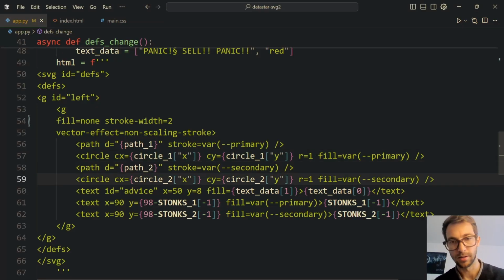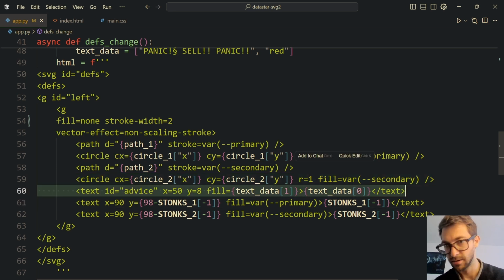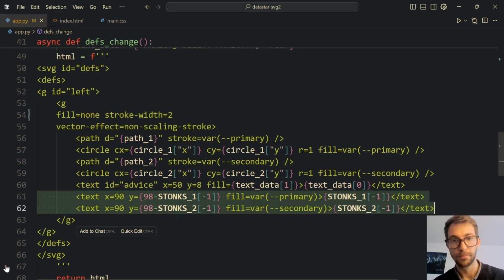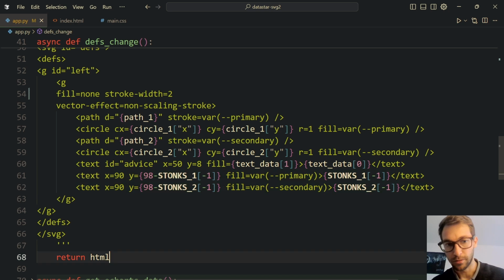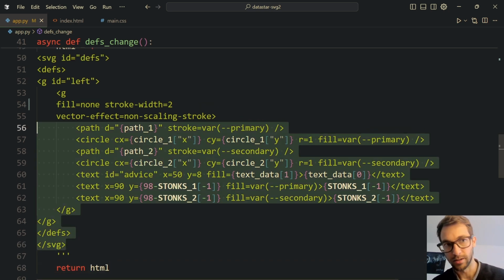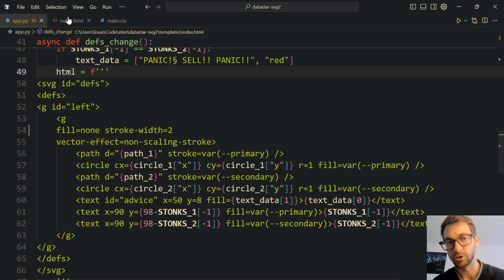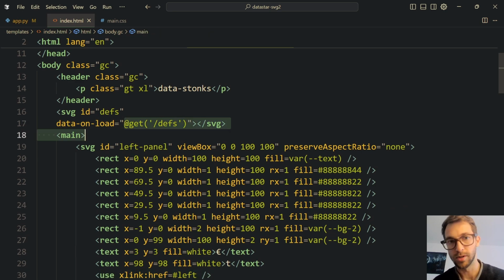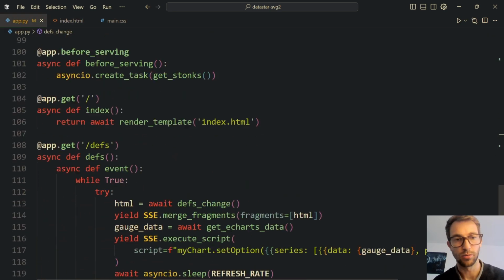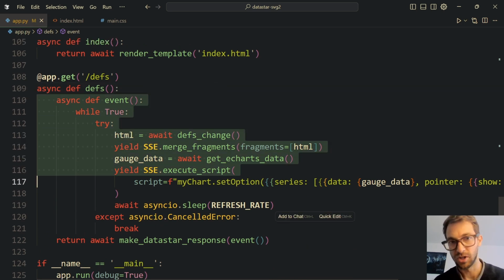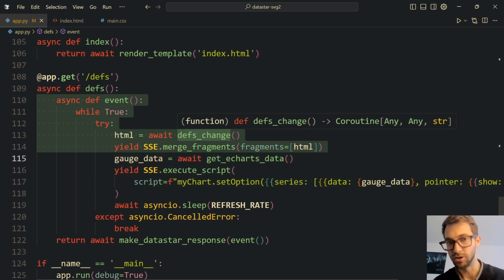I add the other path, I add another circle, I add the advice, and I add the price as text. And that's all there is to it. So this function generates the correct HTML, and then we just have to call morph on the actual root. The actual root, if you remember, was defs, and this is what we are going to do in def. We are going to send a generator that will wait for the definition changes in the SVG and merge these